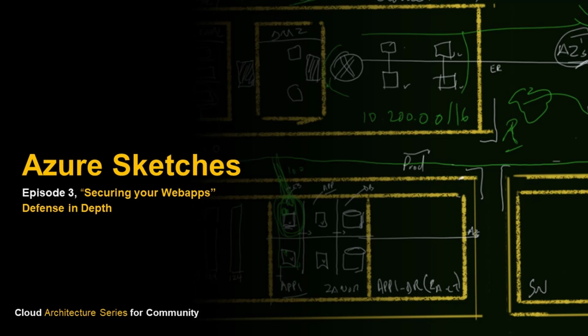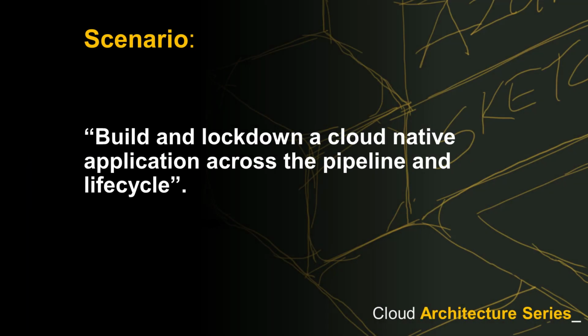And so what we're going to do today is look at the entire pipeline of your application. Your application more than likely has your code, the infrastructure the code runs on, and your database. And there might be other pieces in there, like application pieces. But for the sake of today, let's just focus on that core pipeline. Our goal, the scenario for today, is we've been tasked to build and lock down a cloud native application